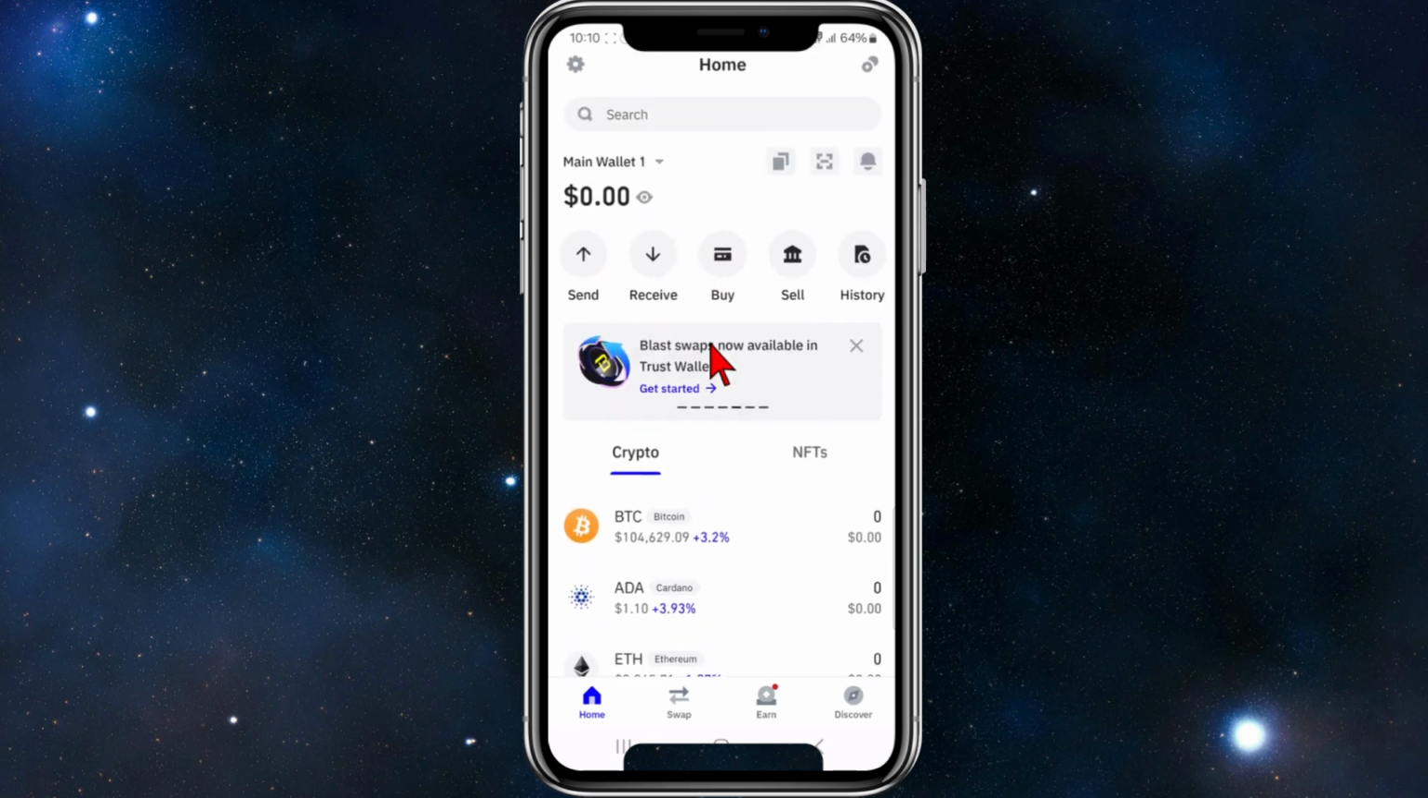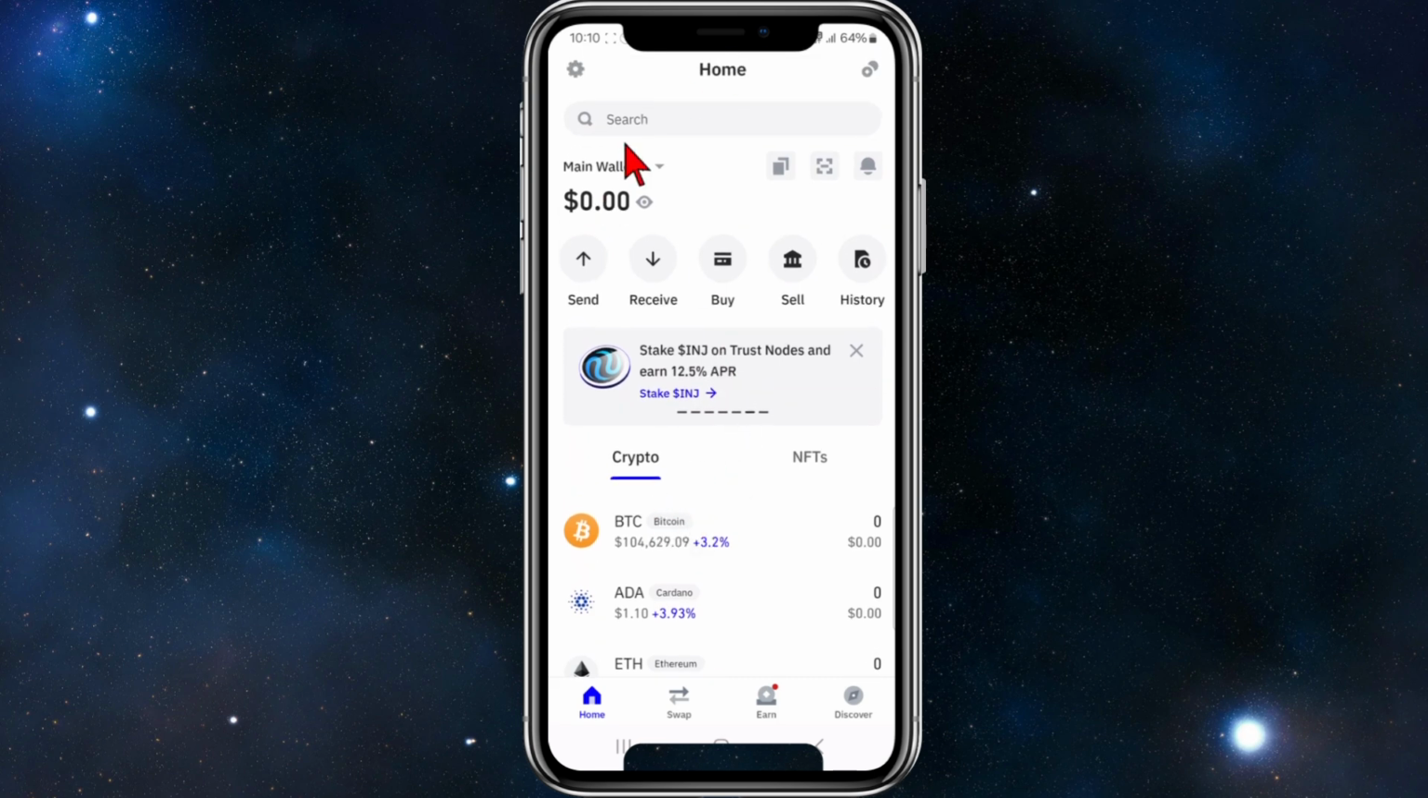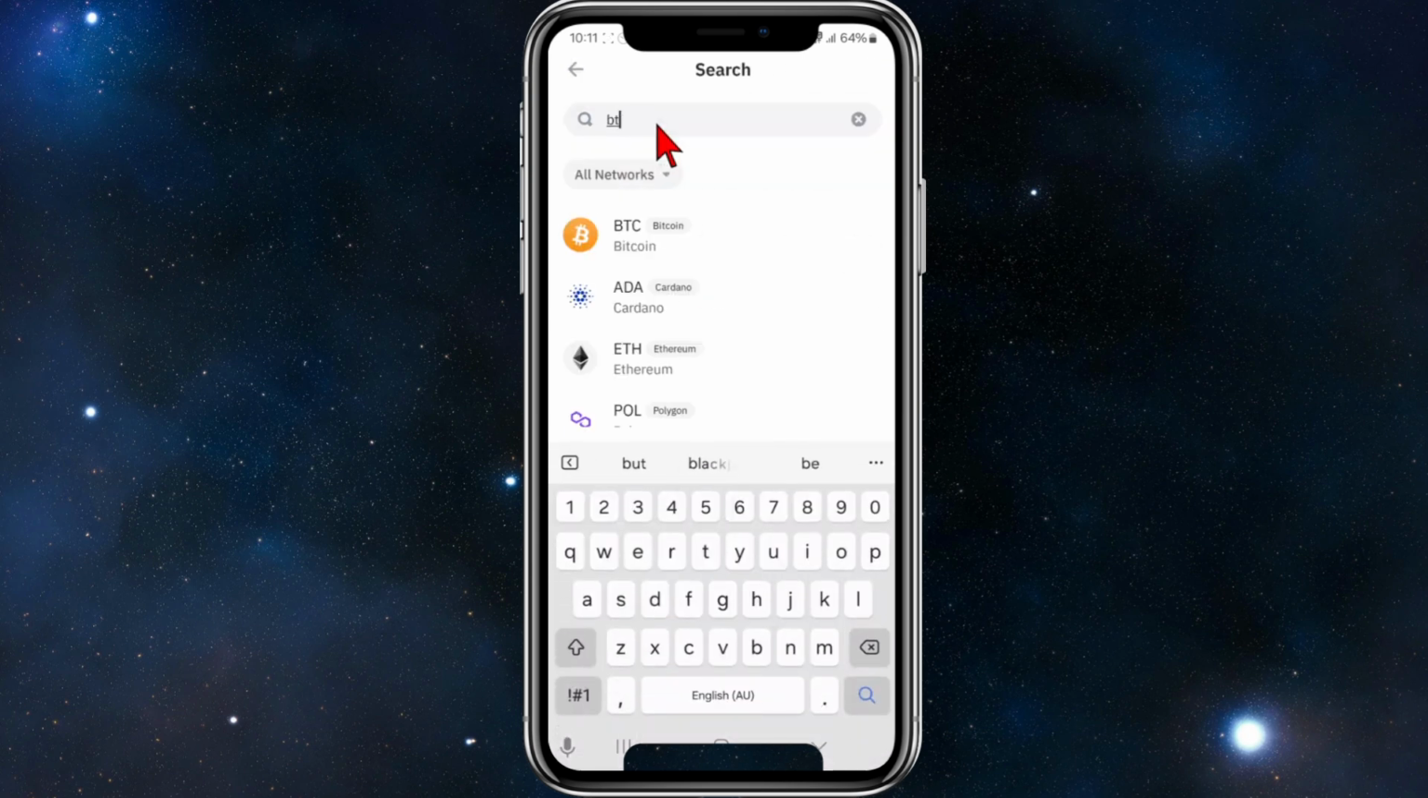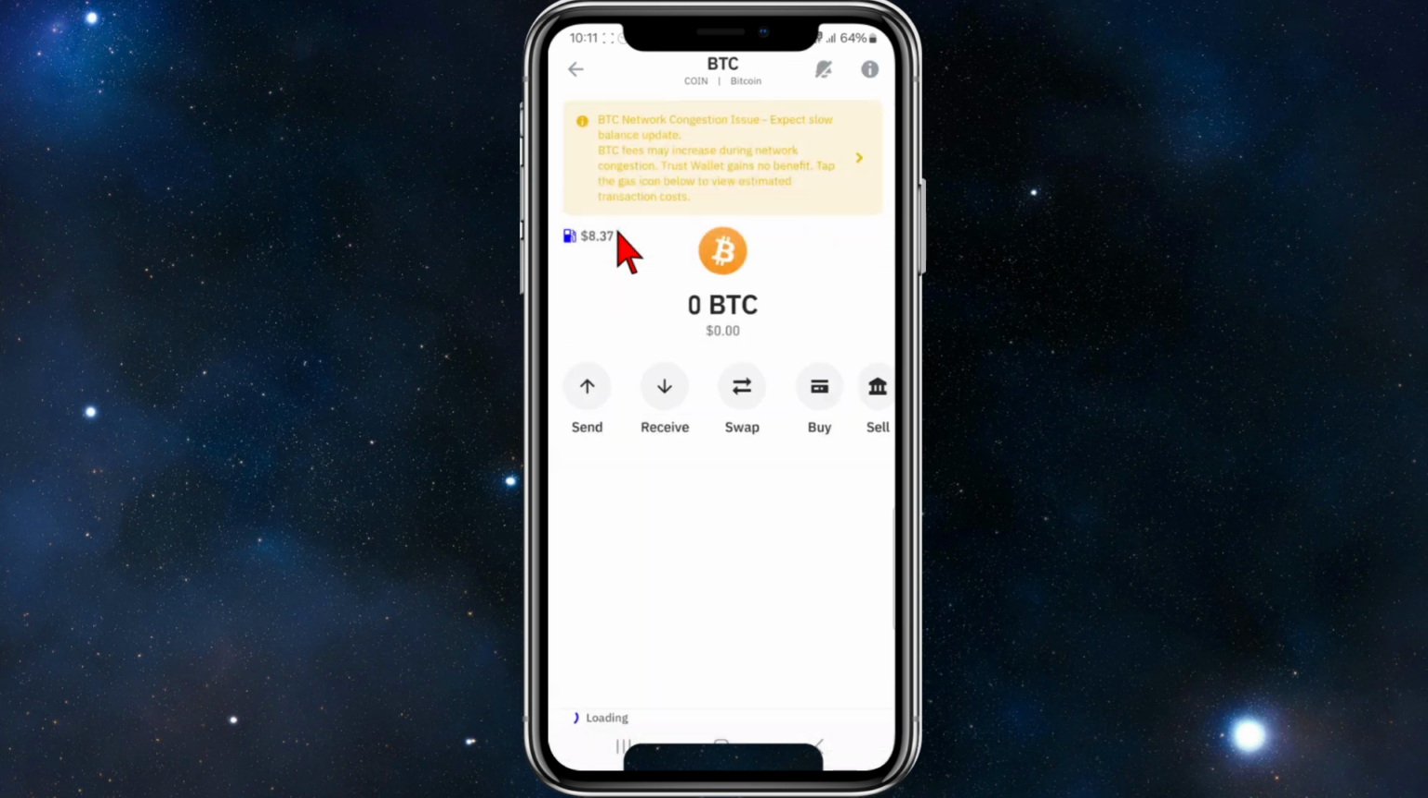So say for example, if you've got some Bitcoin, we want to click on Bitcoin, or we can do a search. So search whatever crypto you want to sell. And then, for example, I'll just hit search and type in Bitcoin, BTC, and then I'm going to click on BTC. And now from here, you just want to go ahead and click on the sell button